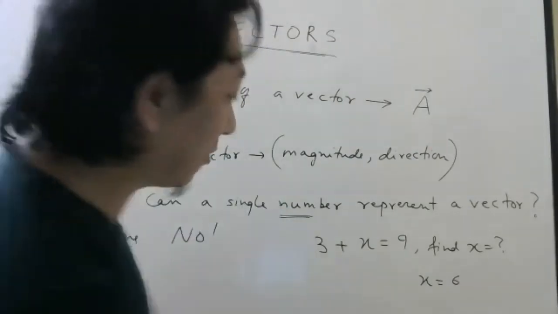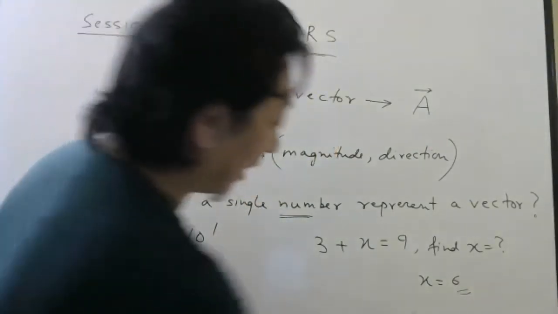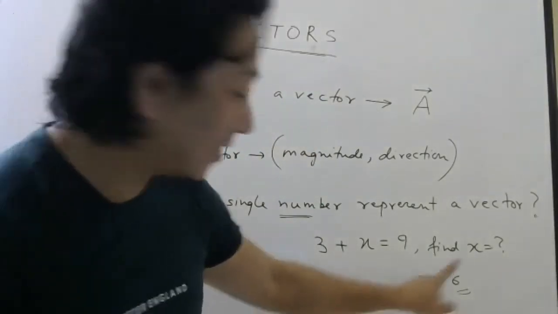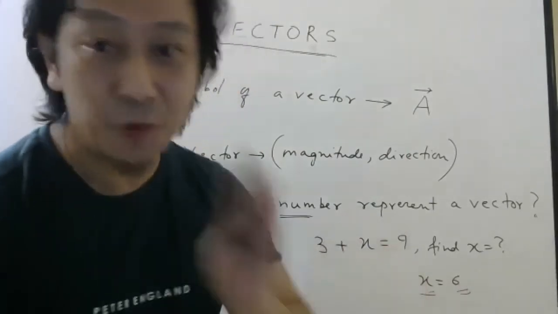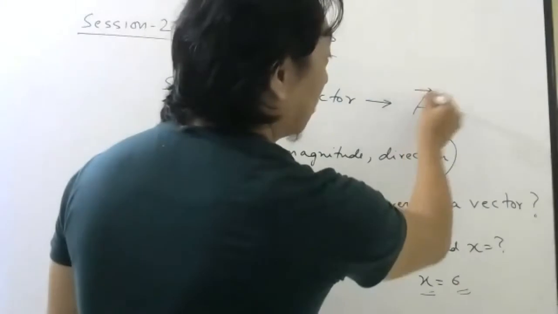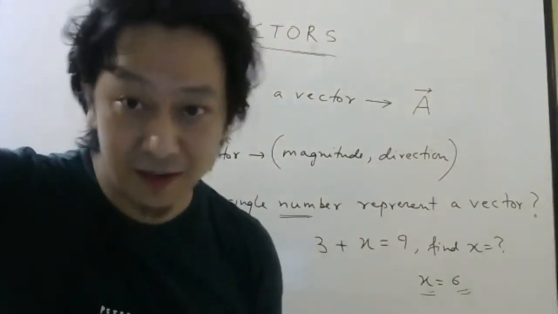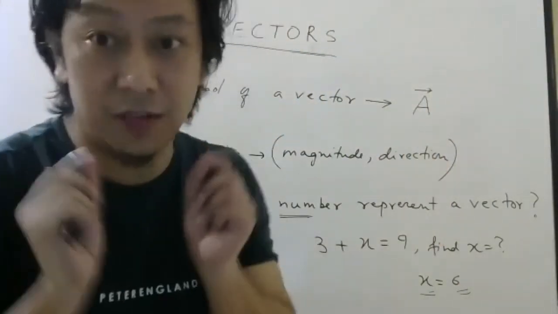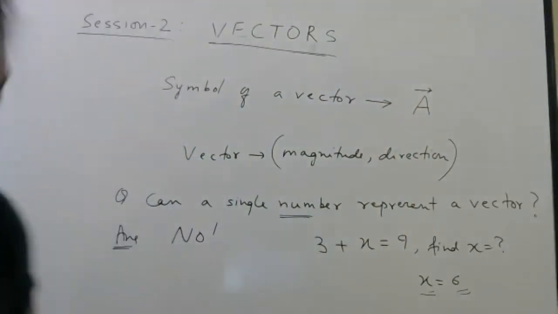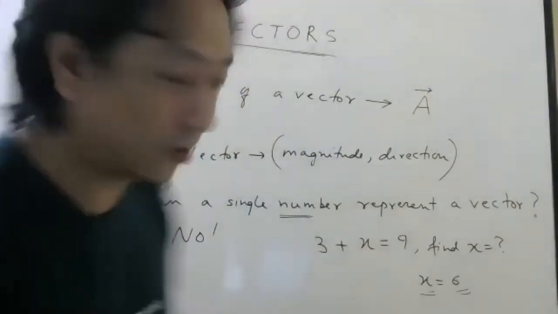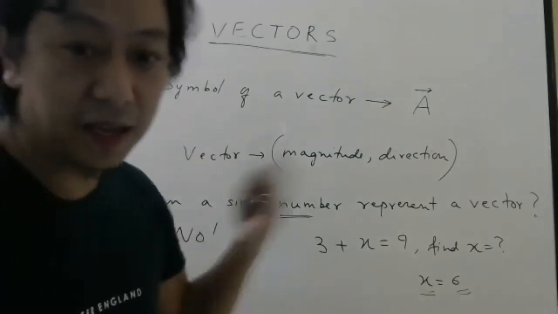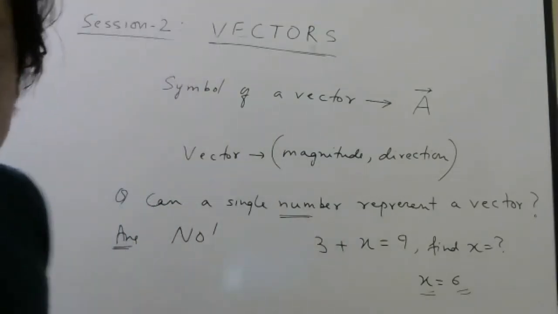So in school, you have a habit of writing numbers for letters, which I don't want, because a vector is not a single number. That is why I am going to put an arrow mark here. So when you see the arrow mark, you will know that this is not a single number. Please remember that. I am trying to give you a reason for everything. Okay, don't worry. Please make a note. Running notes you have to make. As I teach, you have to keep making the notes.